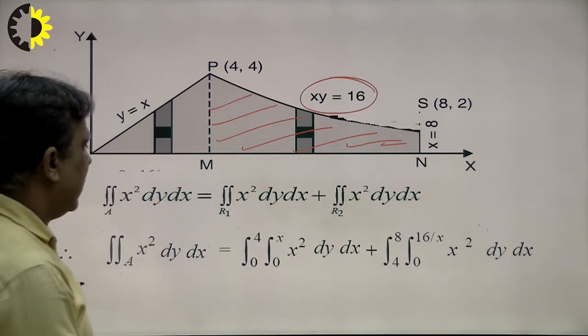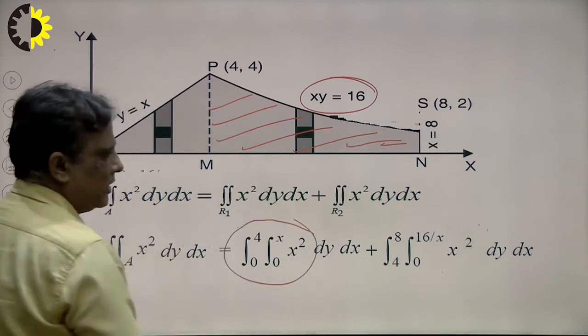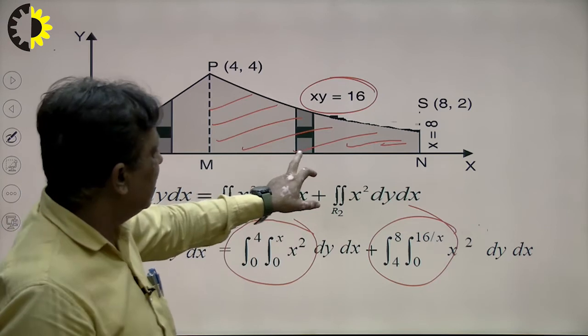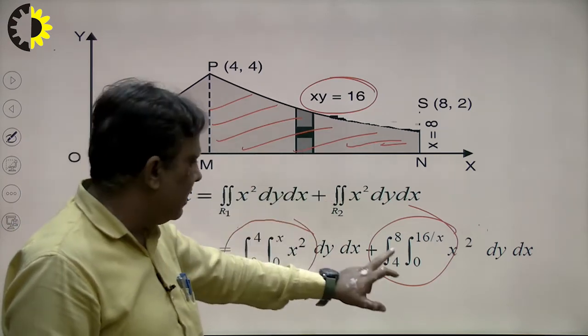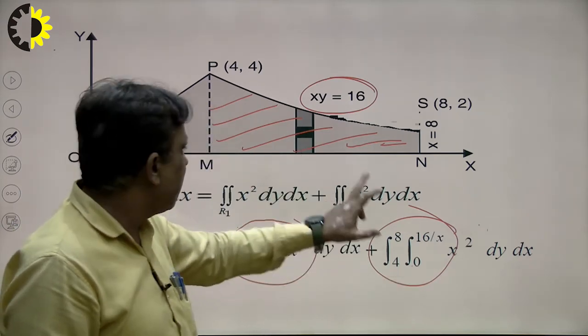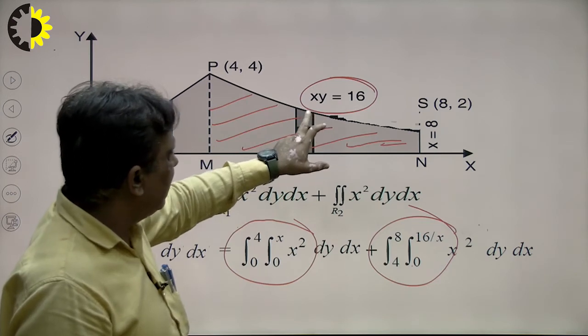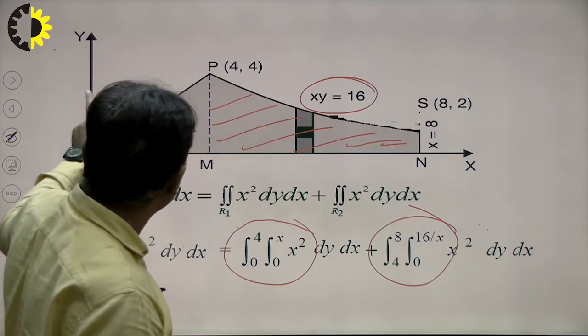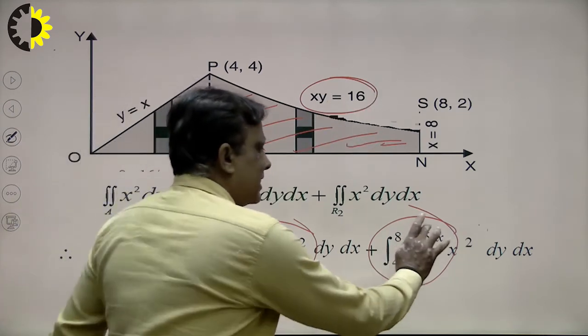So first of all I explain this. This is clear, right, and how to take the limit of this? First of all we take the limit: the strip's lower limit touches the x axis, and y is equal to 0 for the x axis. The upper limit touches y equal to 16. So what is the value of y here? Because the strip is parallel to the y axis, y is equal to 16 by x, I write here.